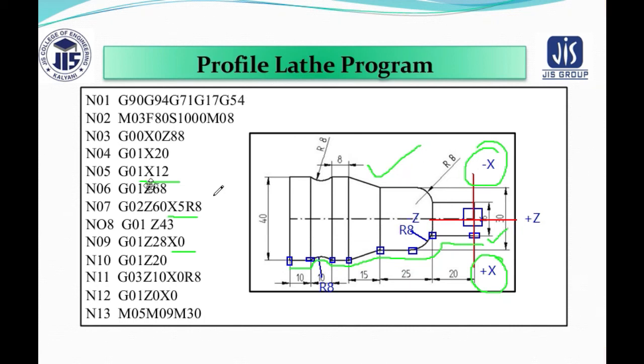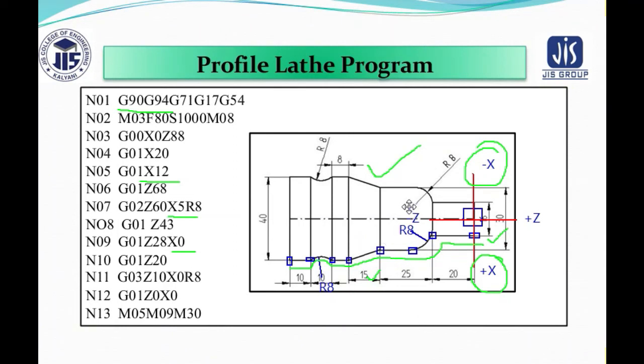And again I would like to say they have always preferred this G code with 90 because they are going for the absolute. Why are we preferring absolute mode? There are some advantages. In incremental mode, suppose I told you that you need to make some changes in the diagram. For example, I tell you I don't want to make the radius 8, I want to make it 5. Or in fact I don't want a distance of 15, I would like to make a distance of 20 here.